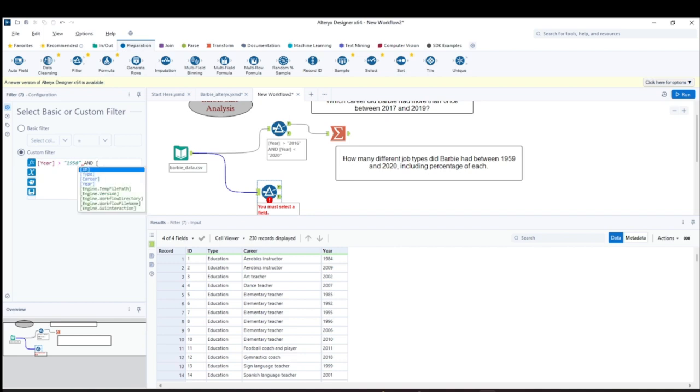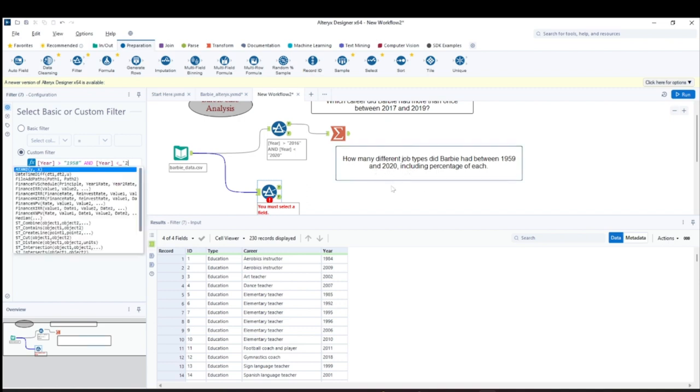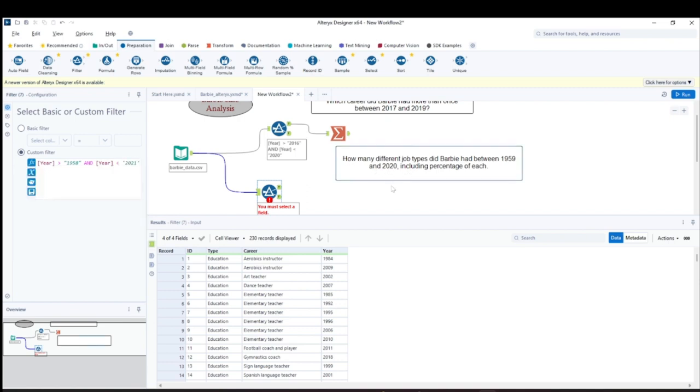And again we will take year, so you can see it comes automatically. You can select year from here, and which is less than what, again this is 2020, so we will take 2021, yes. And let's run this code. For running, you'll go here, or you can also click Control R, so that it will run.